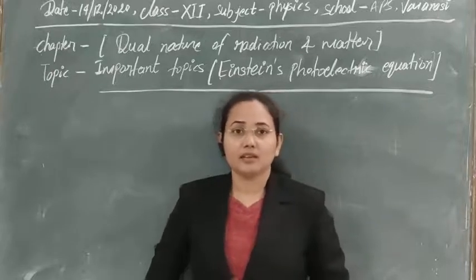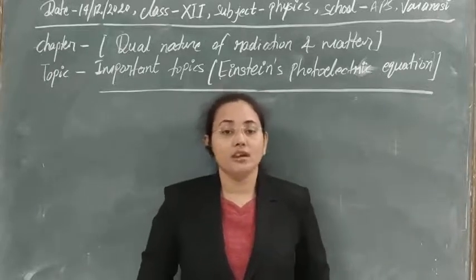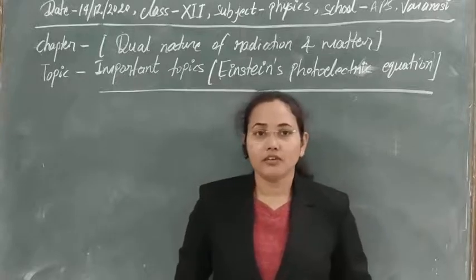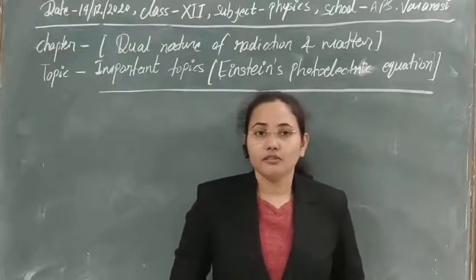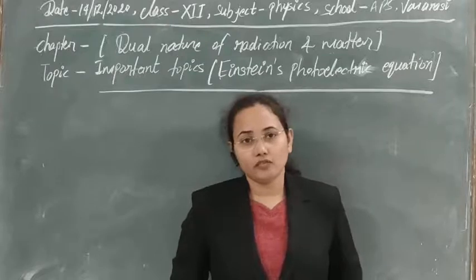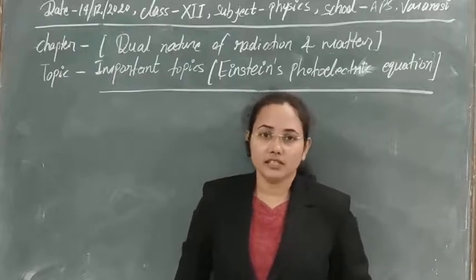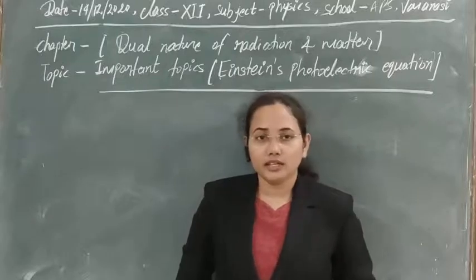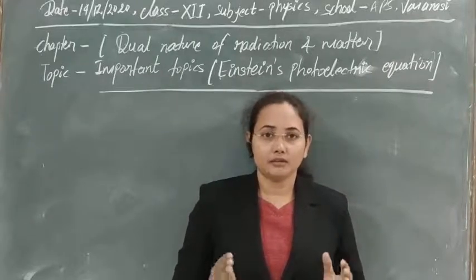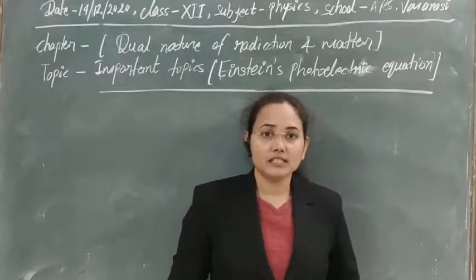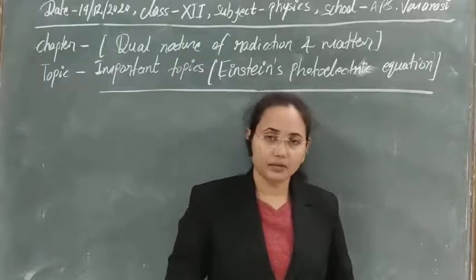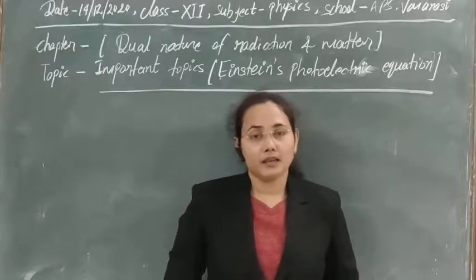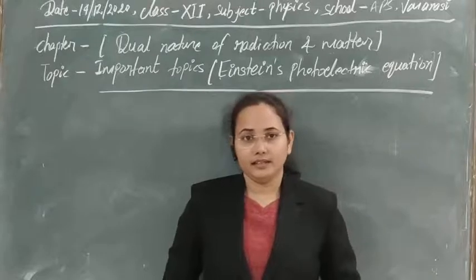The last thing it depends on is the photometal we use for the photoelectric emission. If you change the metallic surface, its work function will change, and it will need a different energy for photoelectric emission. So the photometal also changes the ejected photoelectrons, or simply, it changes the photoelectric current too.